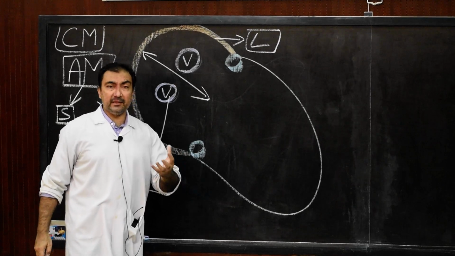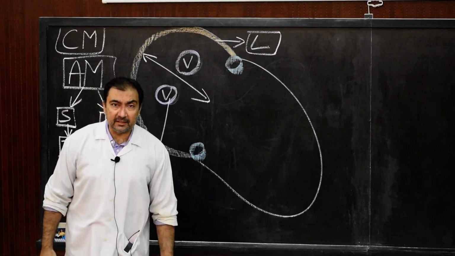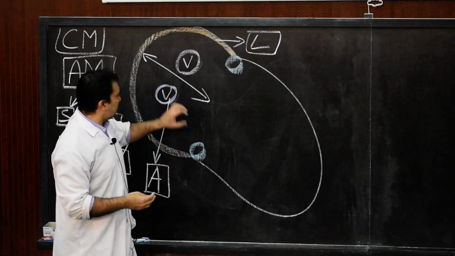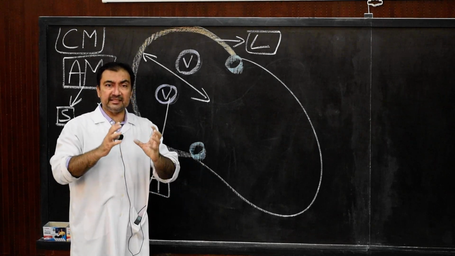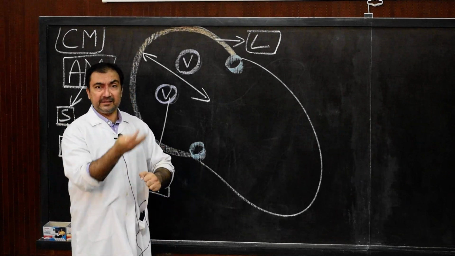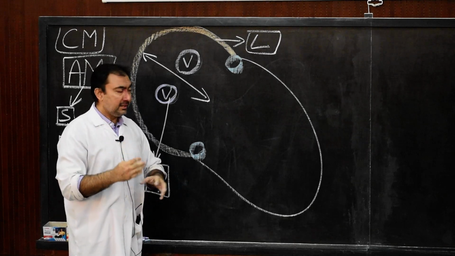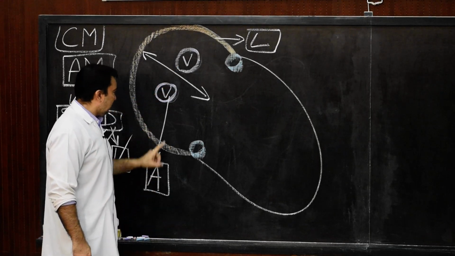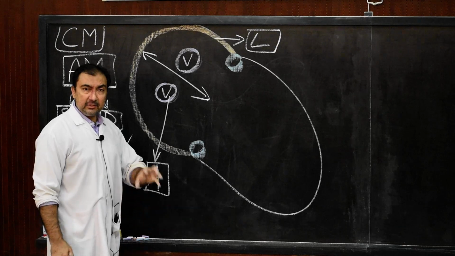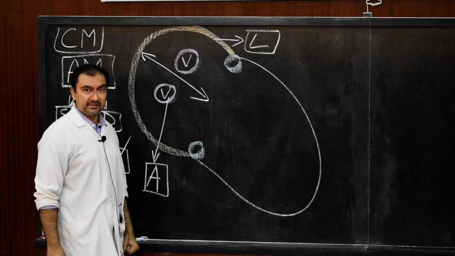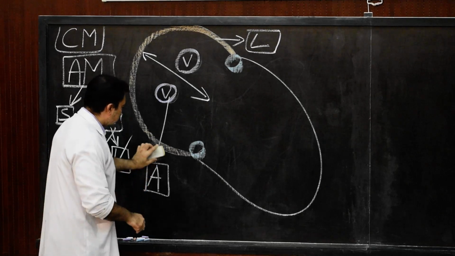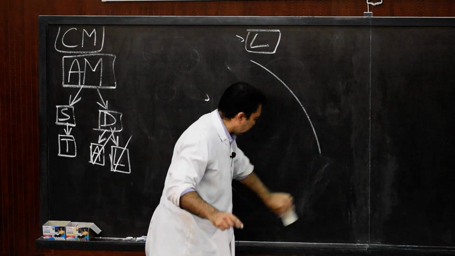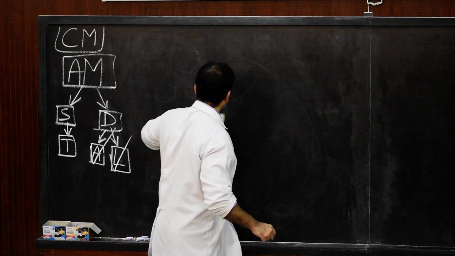So what will they do? When they contract, they will prevent the backward flow of blood from the atria into the venous channels during atrial systolic contraction. So they will prevent the reflux of the blood within the venous channels during atrial systolic contraction. That is the function of the annular musculature, the annular set of muscles which are surrounding the venous openings. So here we have finished the atrial musculature, superficial as well as the deep variety.